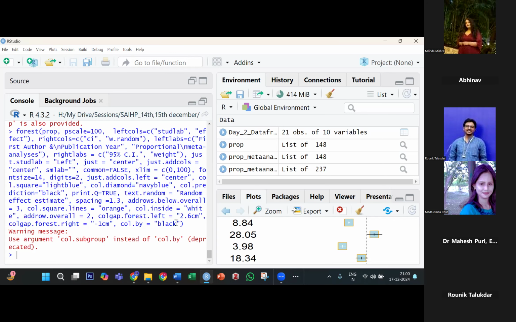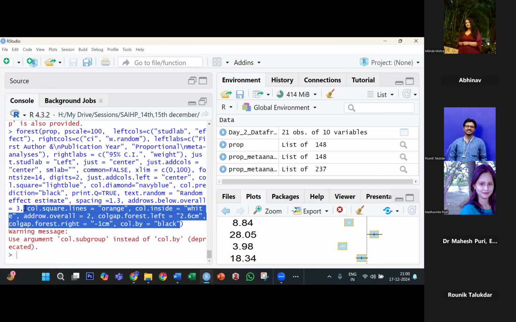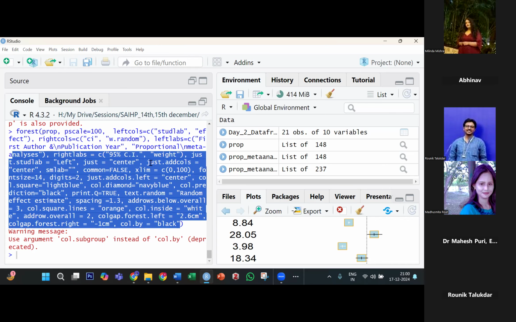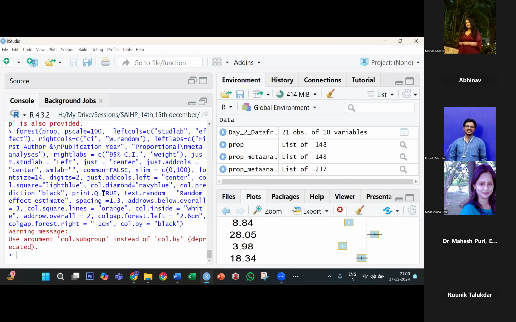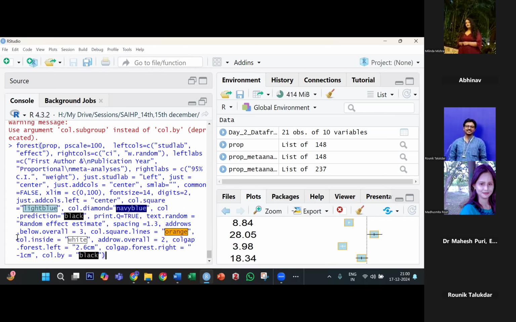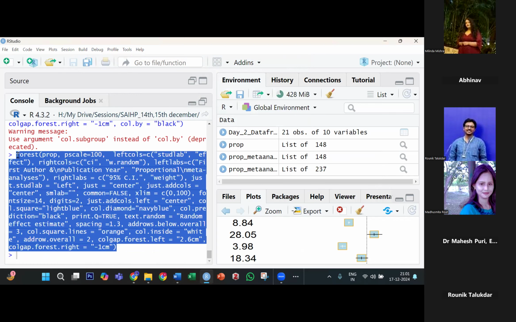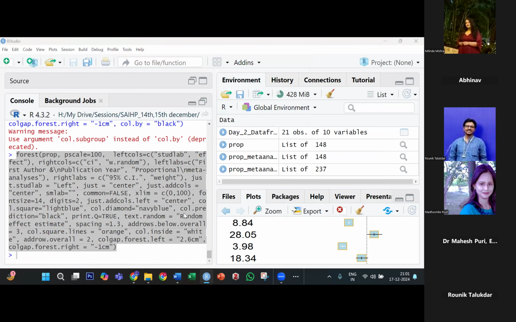कोड में देखो तो कहीं पे सब ग्रुप लिखा हुआ दिख रहा है? नहीं सर। ओ अच्छा, हाँ, यहाँ पे ये कॉल डॉट बाई मतलब है कि सब ग्रुप को कैसे कलर करना है, तो उसको भी हटाना है। हाँ, ओके, डन। तो ये हमारा प्लॉट आ जाएगा। पहले ये वाला कर लो। मैं ये वाला कोड जूम चैट में शेयर कर देता हूँ। सिंपल इसको कॉपी पेस्ट करो। फिर इसका जो नामकरण है उसको चेंज कर दो, करके एंटर मारो।